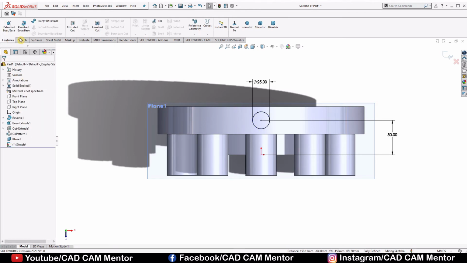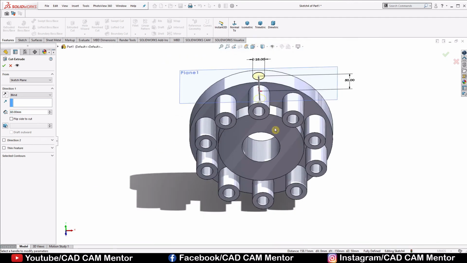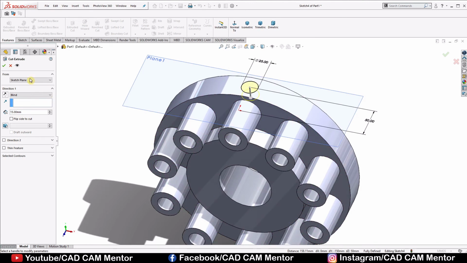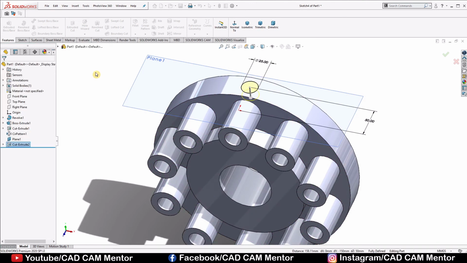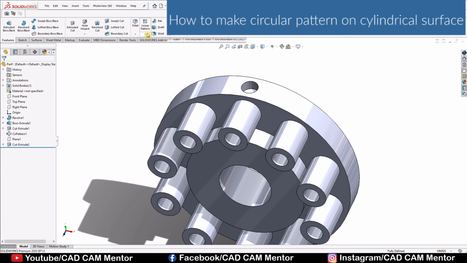Now go to the feature, select extruded cut. We'll decrease this depth. Now click OK. Again drop down this linear pattern, select circular pattern.